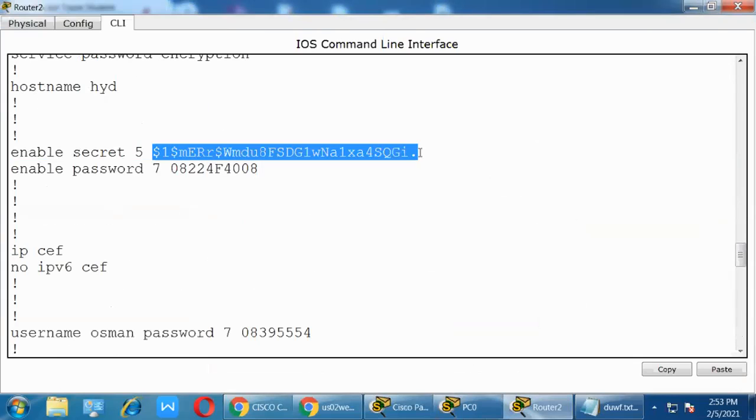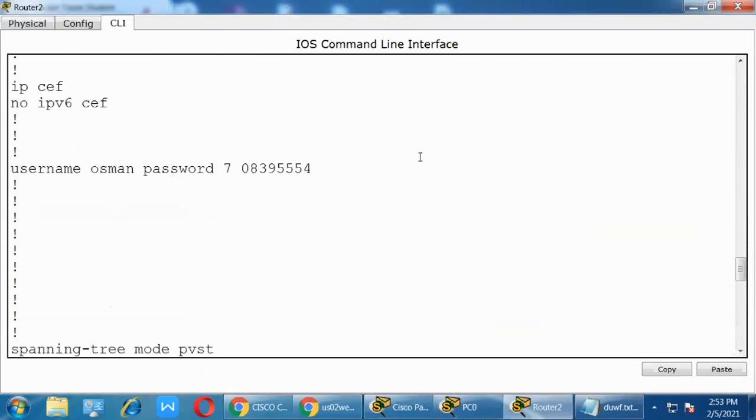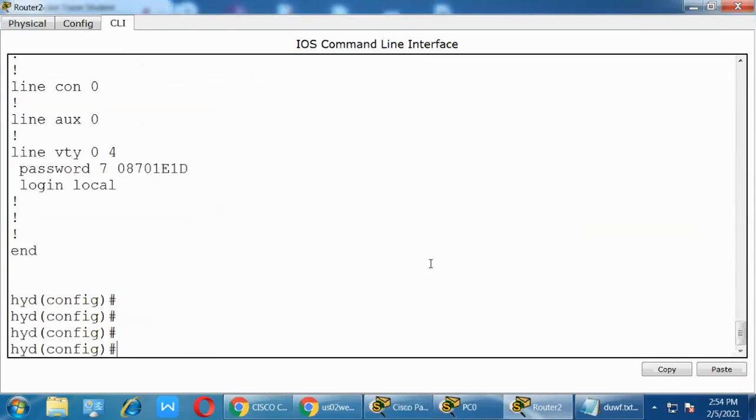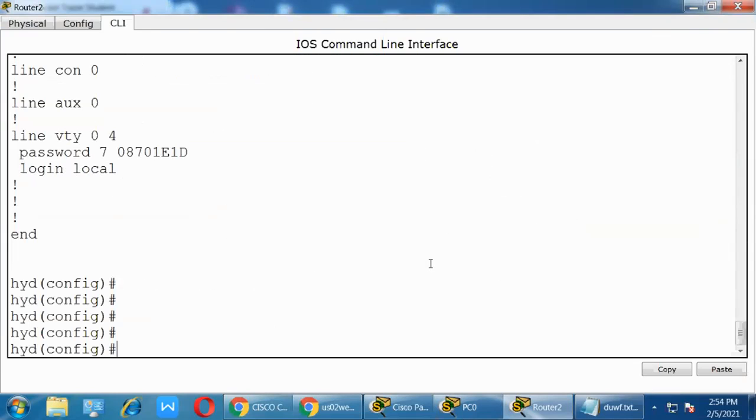Clear guys? Anything? Yes, sir. If you enable secret password, then the normal password won't work, sir. Yes. So what is the command for this one? Enable password CCNA is the normal clear text password. If you give this command instead, then the normal password will not work, sir. Yes, secret password. So here you can type the secret password. That's it. That is the only difference.